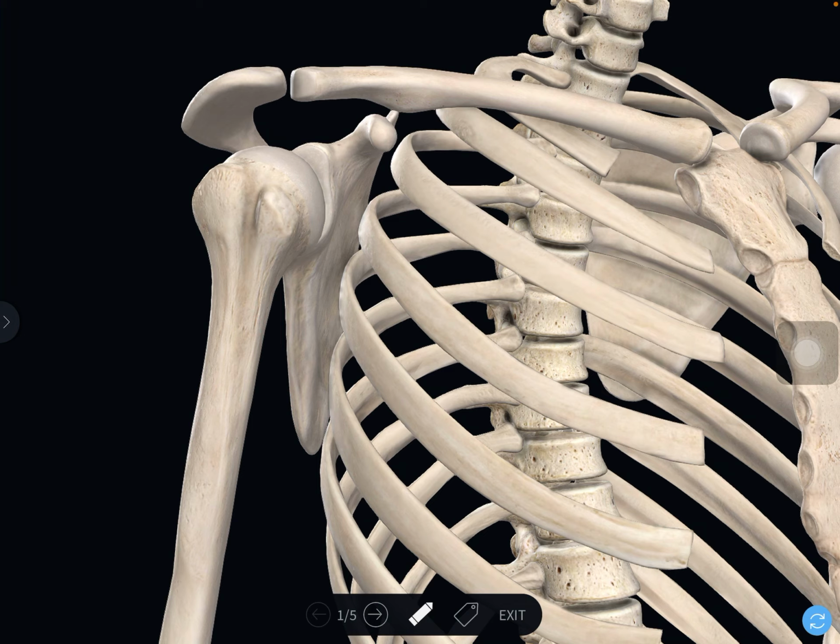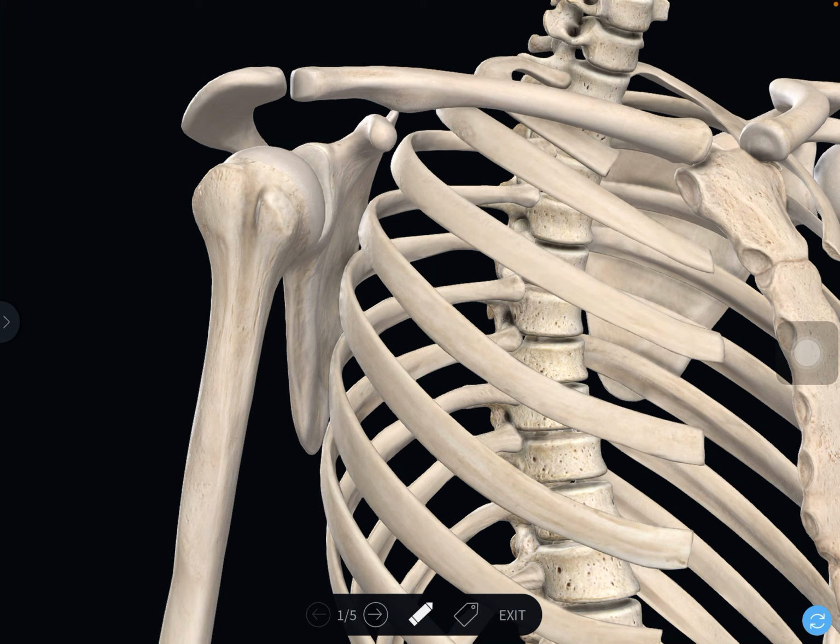So three muscles form the posterior wall. They are the subscapularis, latissimus dorsi, and also teres major. So they form the posterior wall of the axilla. Medial wall. So the muscle which arises from these eight ribs, that is the serratus anterior muscle. So they form the medial wall.